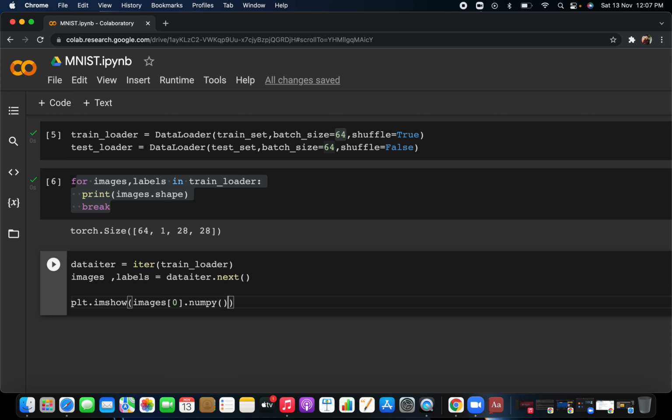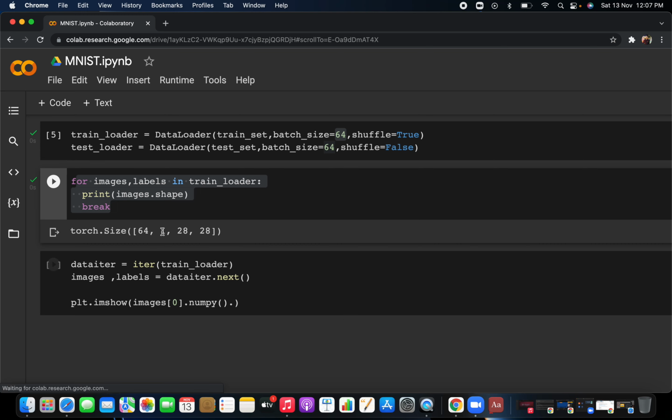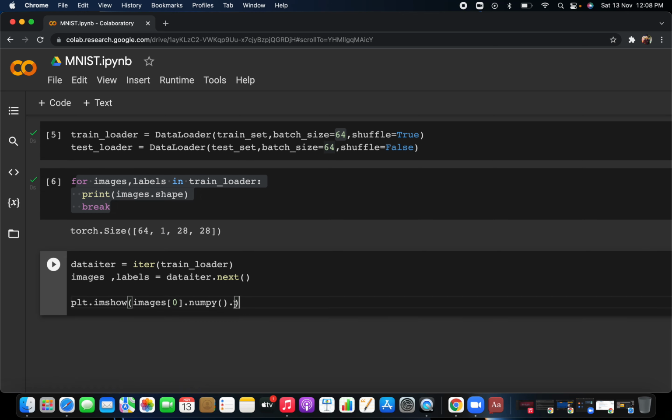Okay, and then after, you have to remove this one dimension, because whenever you are plotting any image in matplotlib, you have an x dimension and a y dimension, that's it. With the help of squeeze, you will be able to remove this one dimension. Squeeze is basically just removing the one dimension: wherever it finds it, it will just remove that one. So that's the function of squeeze.